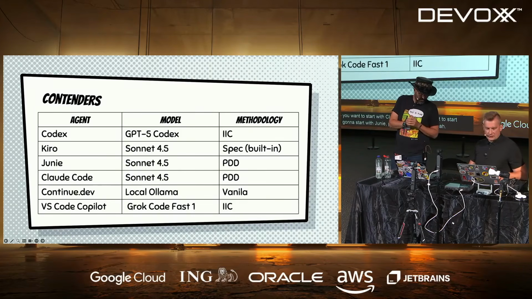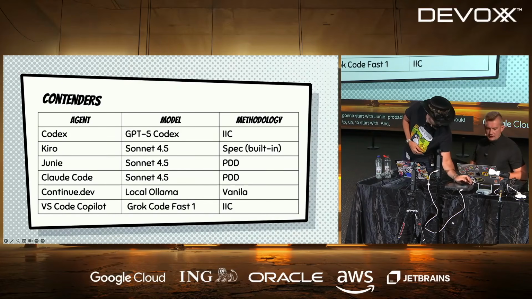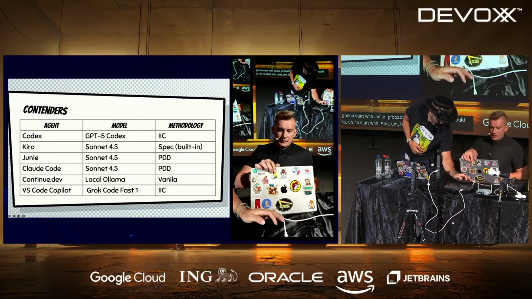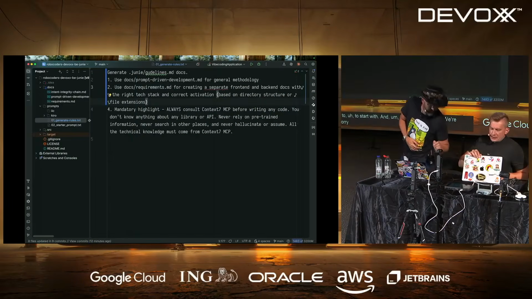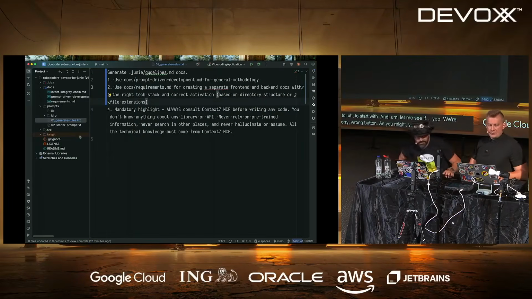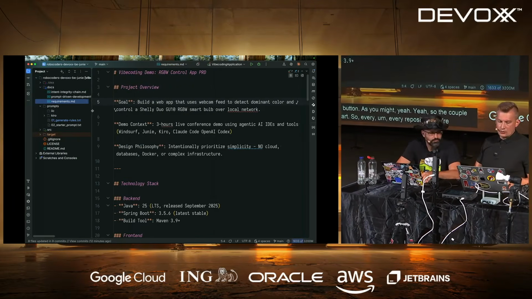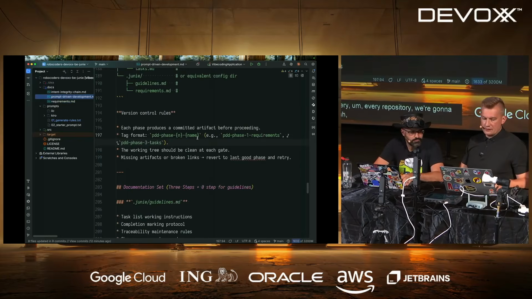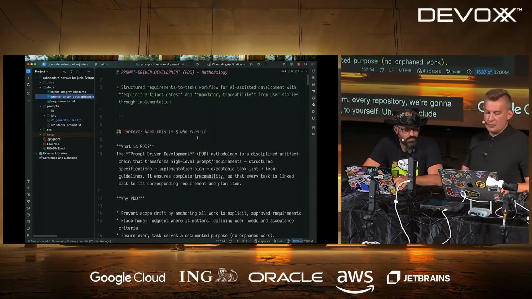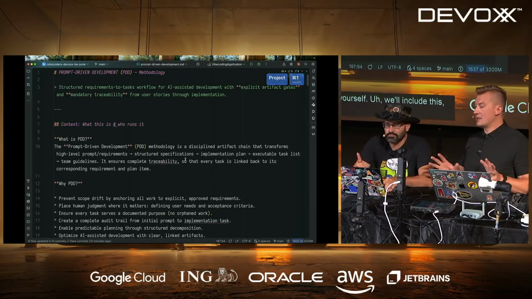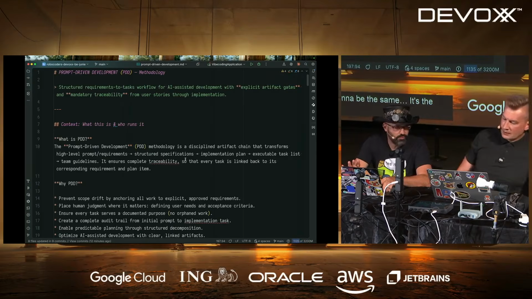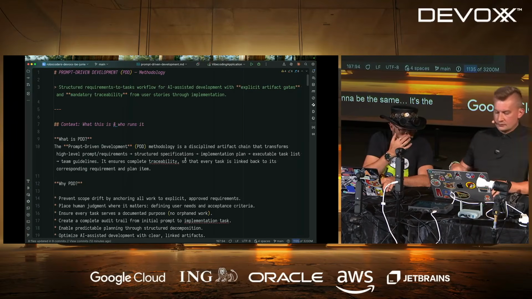It would be the easier thing to start with. So the couple of things on how we're going to start. For every repository, we're going to share this code. You can apply this to yourself. We'll include this methodology documents. It's the same repository, right? So maybe show it on GitHub if you want to.